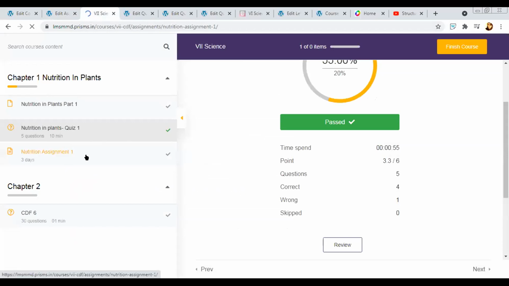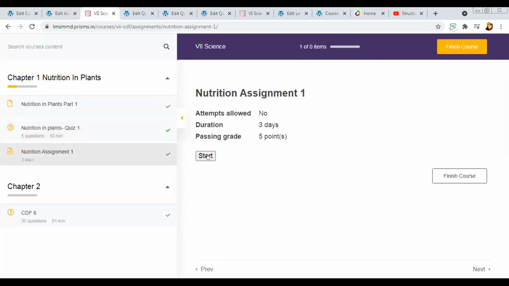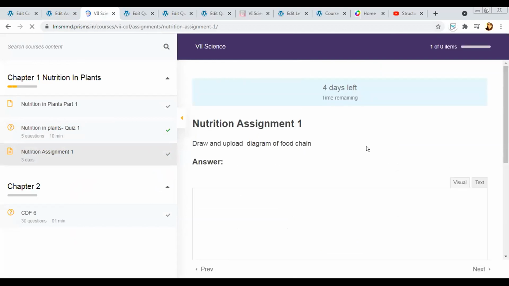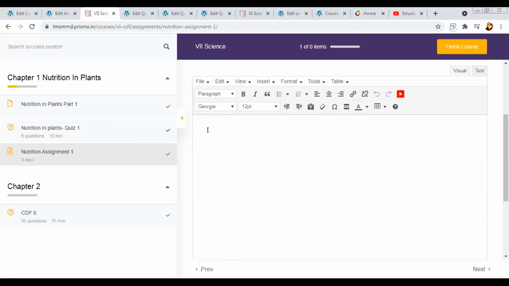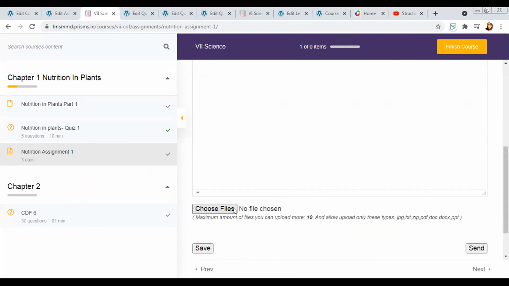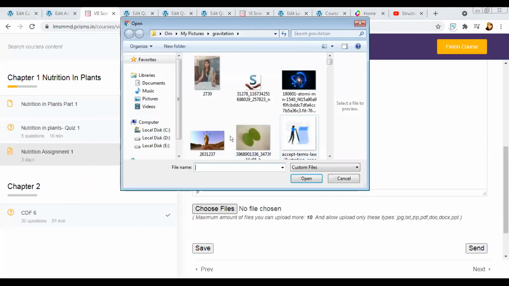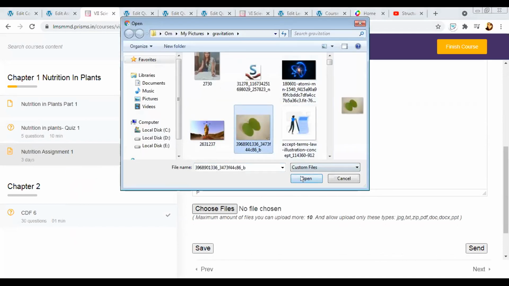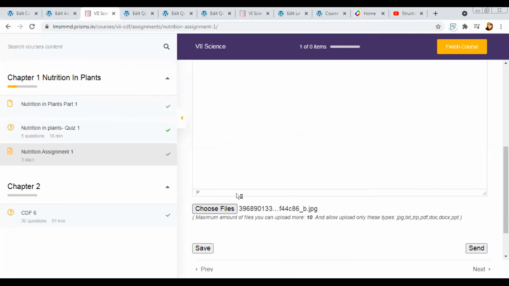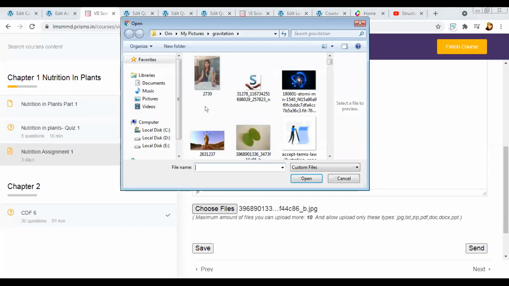I'll just show you how the view looks for assignment. You just have to click on start. And when you click on start, after that, you can type. I've already shown this from the student side, but I'll just show you. As a teacher also, you can upload and check whether all of this is working correctly. So you can select any image, any files that you want to upload. Like I said, there is an option to upload multiple files also. So I can just select 2, 3 files from here. Let's say these 2 files.